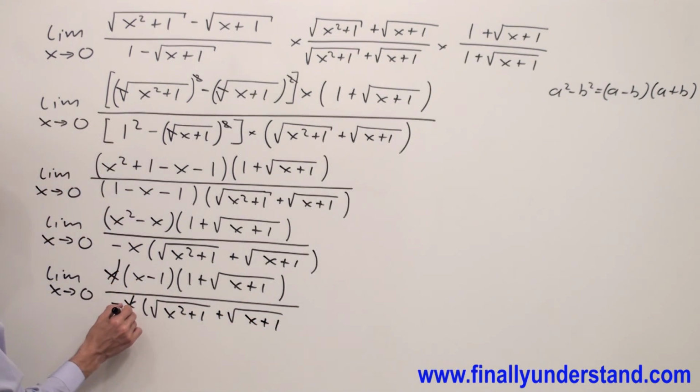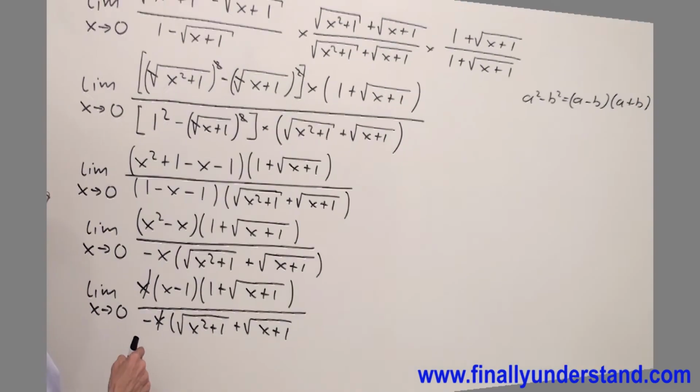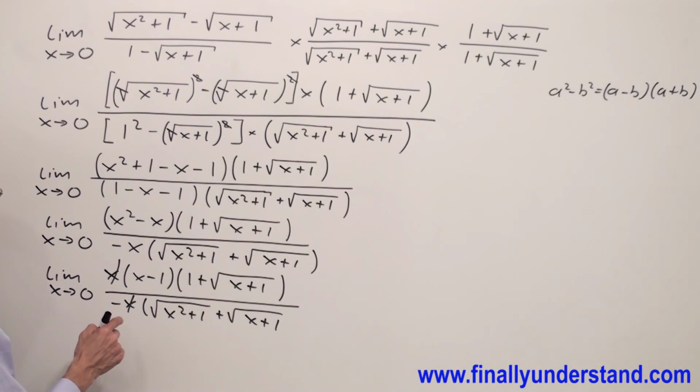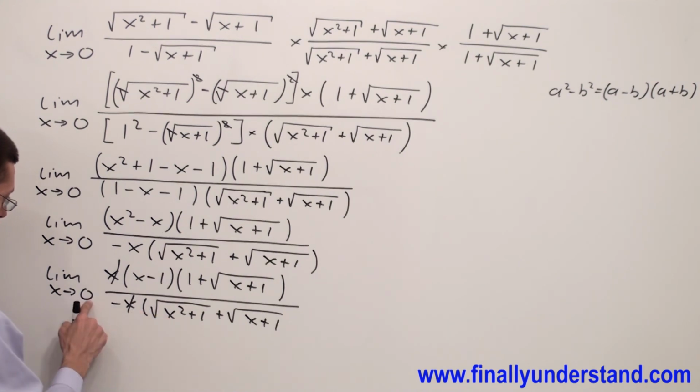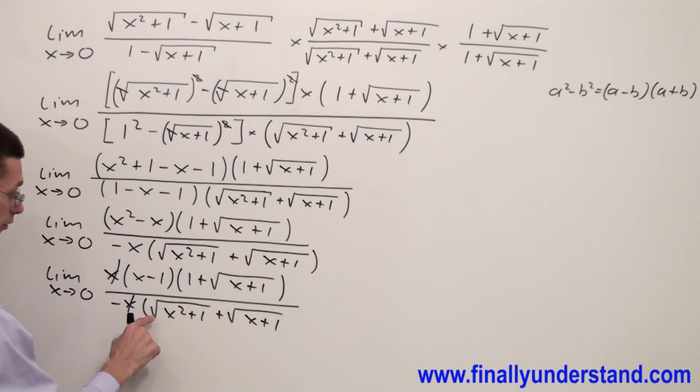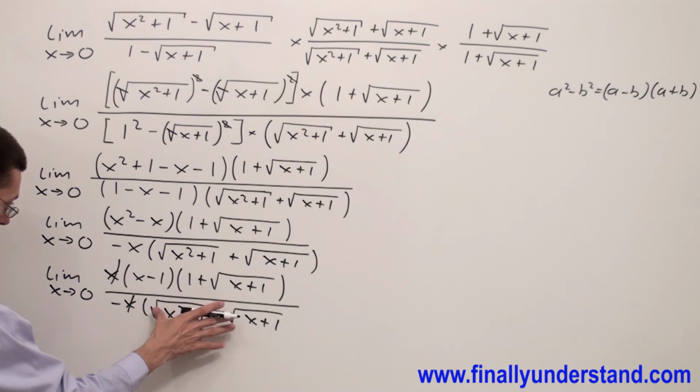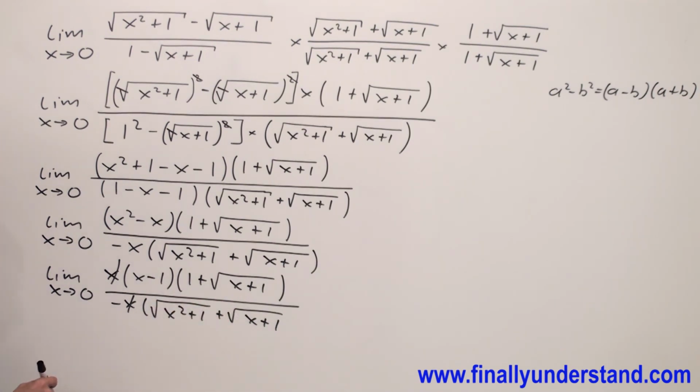X and x will cancel out. Now, if you are going to replace every single x in the denominator by 0, you are never going to end up with 0 in the denominator. That's why we can simply go to the end of the problem